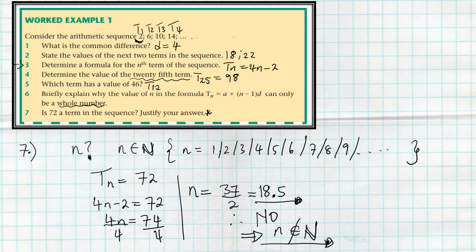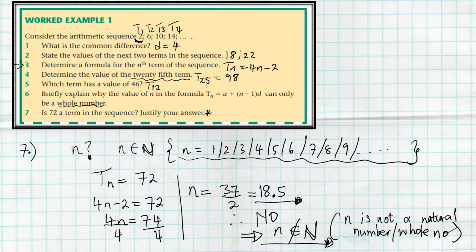Let me write it also in words: n is not a natural number or a whole number. That is why we are saying no, 72 is not in the sequence, because it does not even have a position. There's no position for it on the sequence, because if there was a position, n would be a natural number. Okay,